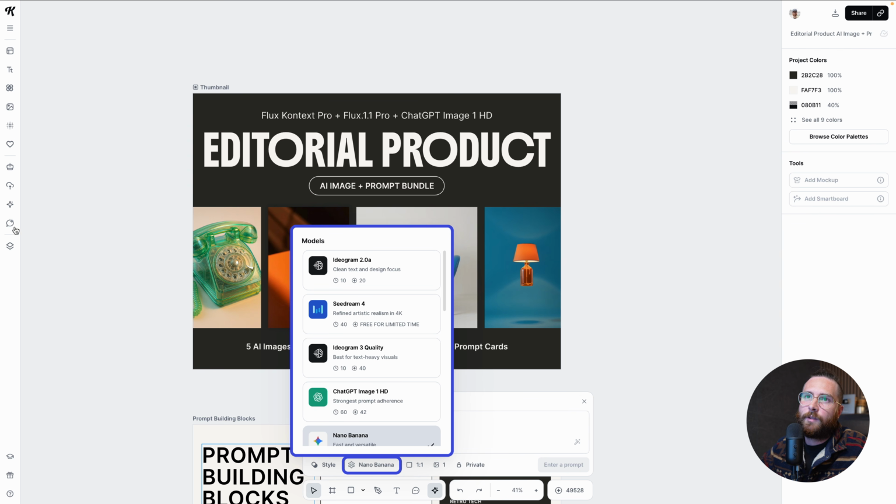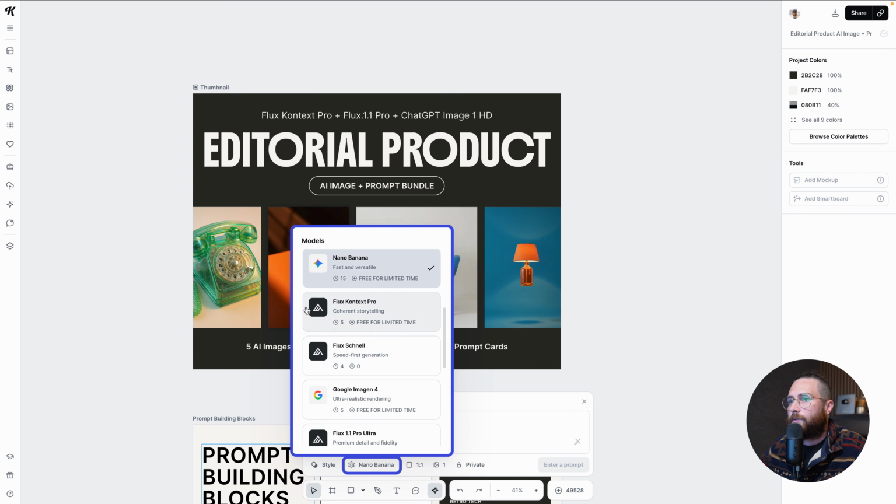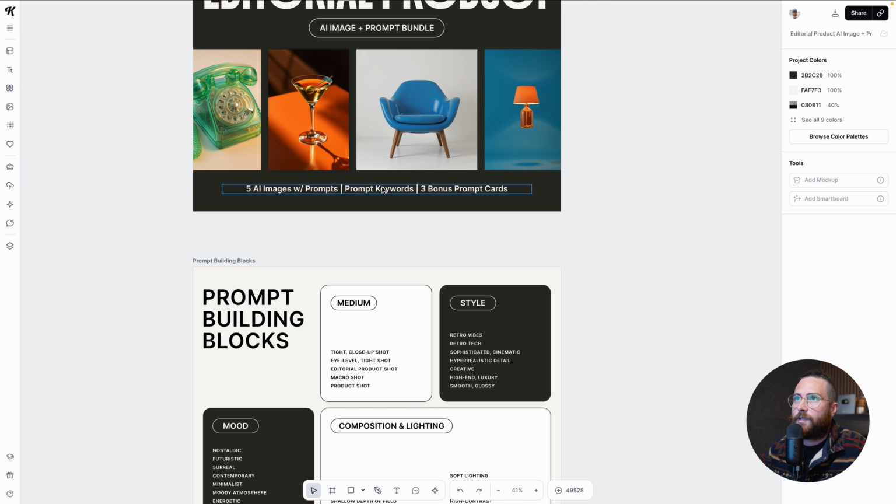So it might be over here in the left hand where it says Kittl AI, might be down here at the bottom, but you can see here Ideogram, Seedream, ChatGPT, Nano Banana. I love Nano Banana, Flux, Google Image 4. They're all here. Okay. So that's one thing to note while you're looking through these, is that we're always going to give you what we're using,